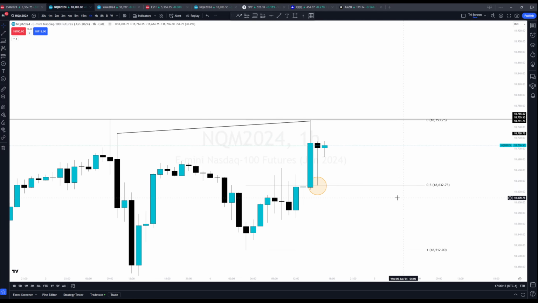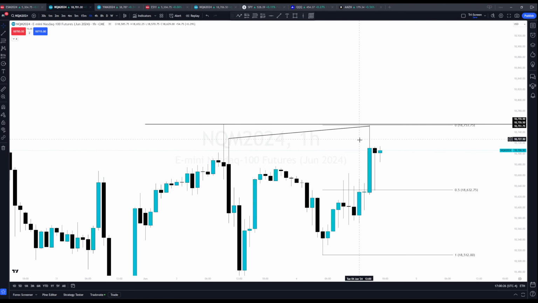50% perfectly sends price right back up. So that's another reason why I'm extremely bullish still, because we know when we get these strong reactions off 50%, and now we have pretty much relative equal highs up here. But I see the reason why.